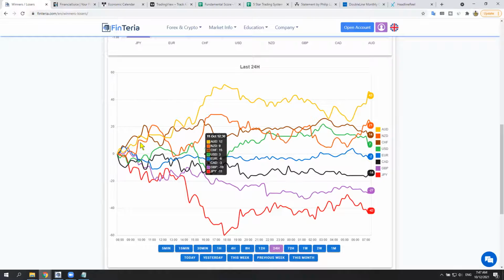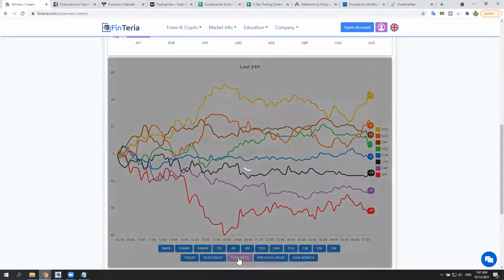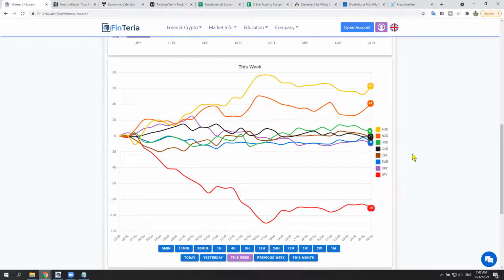So here you can actually see how the Australian dollar is performing very strongly. And we can check the situation from the beginning of the week. We need to click this button, this week, and here we will see how the Australian dollar and the New Zealand dollar also started to outperform the market this week. So you see there's some correlation between those commodity currencies. All other currencies, I would say, are pretty neutral. You can see the US dollar, the Canadian dollar, the Swiss franc, they're all around zero in the middle. Probably the euro and the pound are the weakest so far, but it's a minor change.